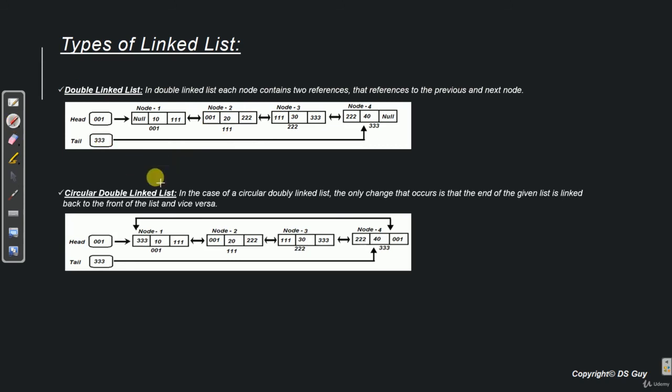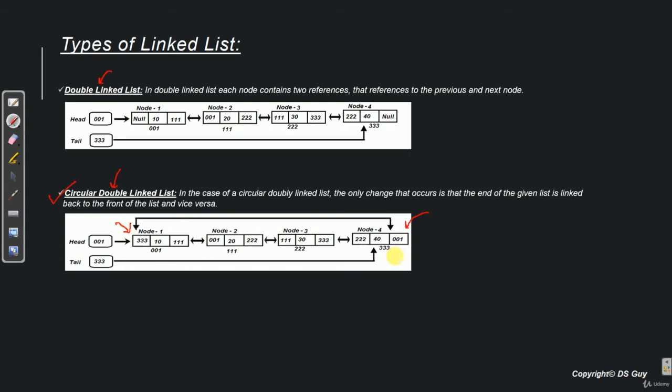Now let's see the last type of linked list, which is the circular double linked list. Once again you see that there is a similarity between double linked list and circular double linked list. A circular double linked list is exactly the same as a double linked list. The only difference is the way the last node and first node behave.